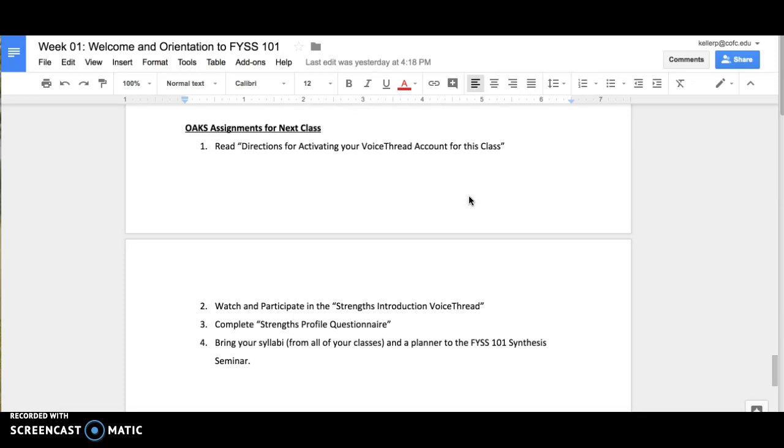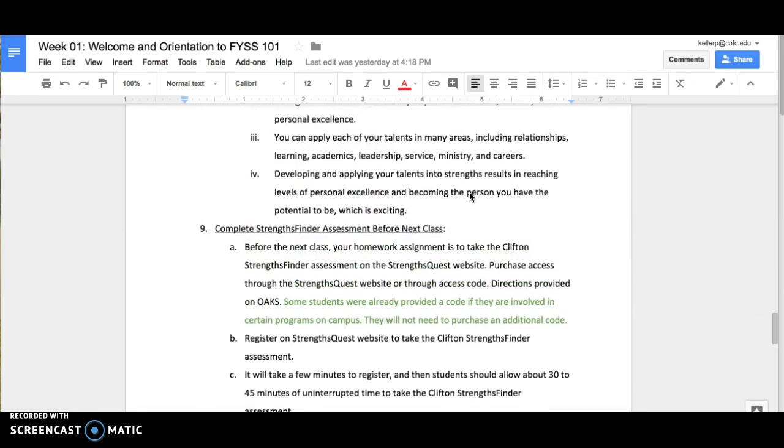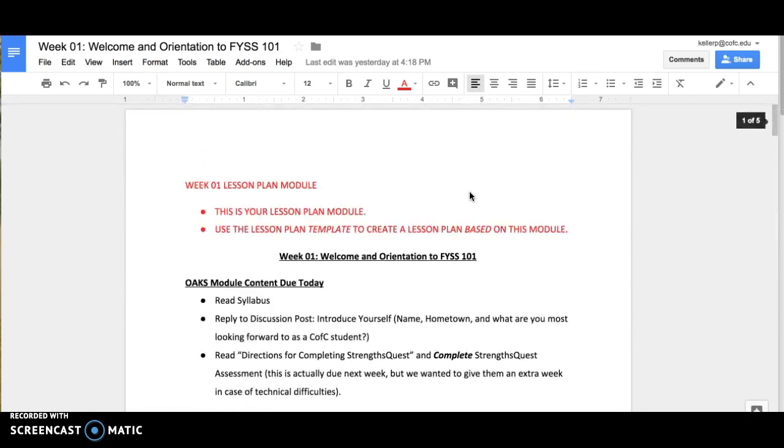And as you learned in TEDU 205, you are required, you hear that word, to develop a lesson plan for every single synthesis seminar. Do not go in and wing it. Do not walk in with this module and use it as a lesson plan. As you can see in red up top, it says this is your lesson plan module. Use the lesson plan template, which is also found in your resources folder, to create a lesson plan based on